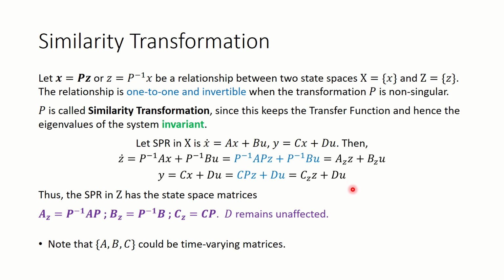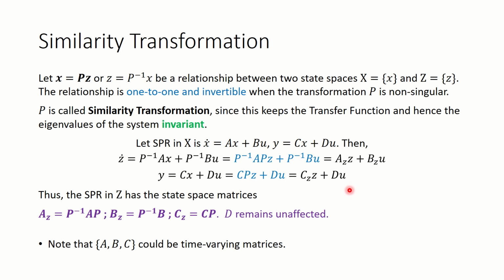So in this manner we are actually saying that we have a state space representation which is in x and another state space representation which is in z. So one is having the states defined as x, another having the states defined as z. So this is just to differentiate between the two state variable representations. We are defining the states as x and another as z. Conventionally, these are the two variables which are used mostly.